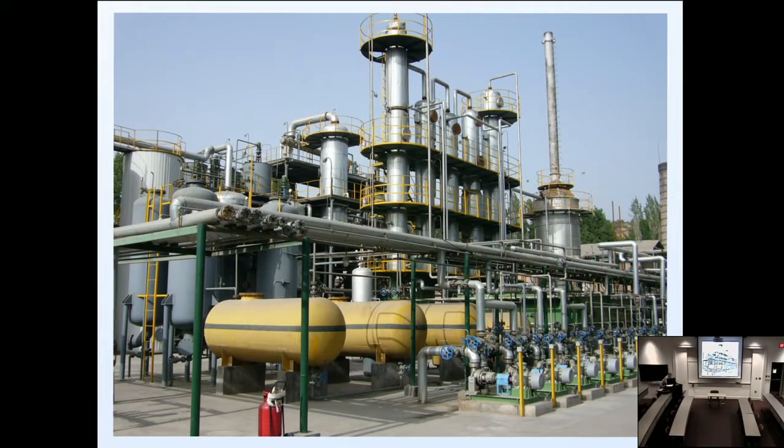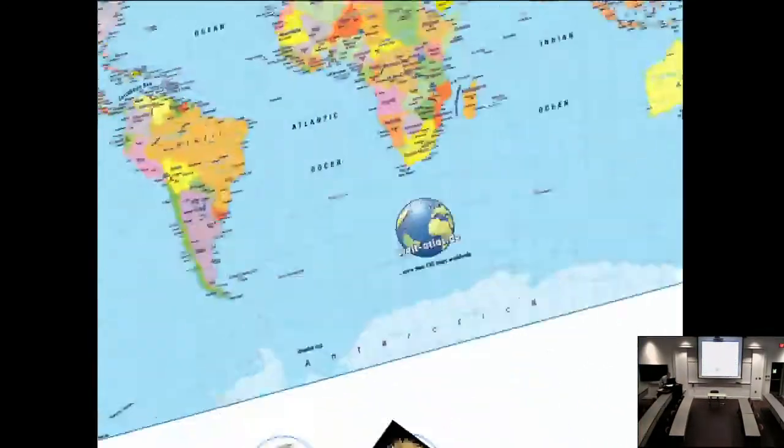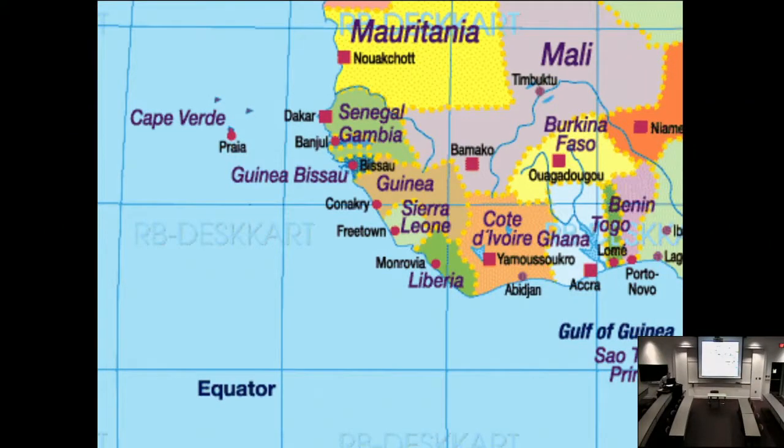A biodiesel plant is just a plant that tries to convert biologically degradable products into an energy source. So if you've ever seen a large SUV, sometimes you'll see that those things can actually take biodiesel as a form of fuel. So he was trying to set one of these up in Sierra Leone, and while he was down there,